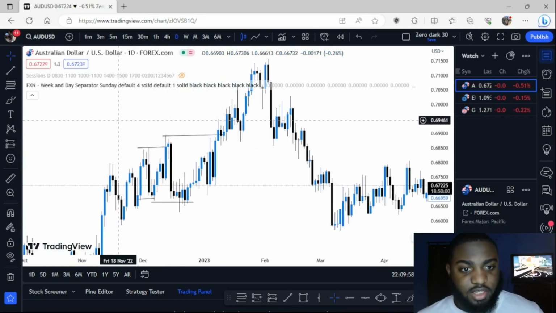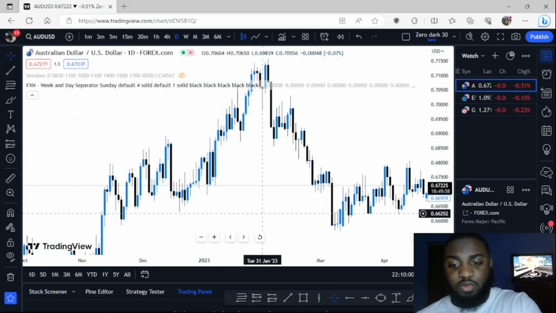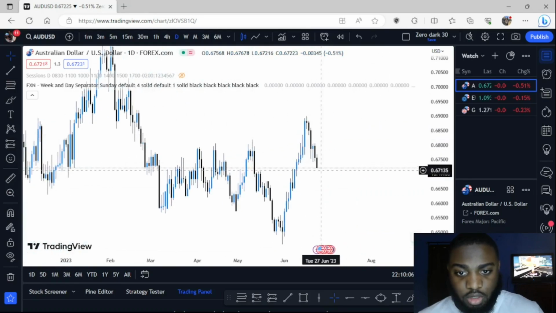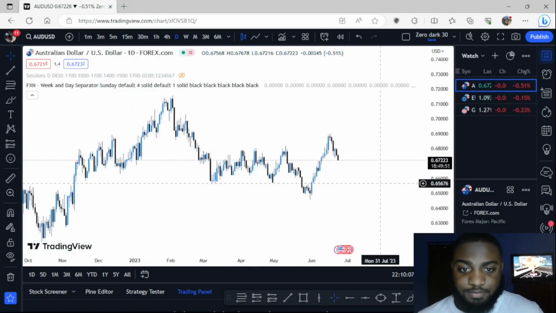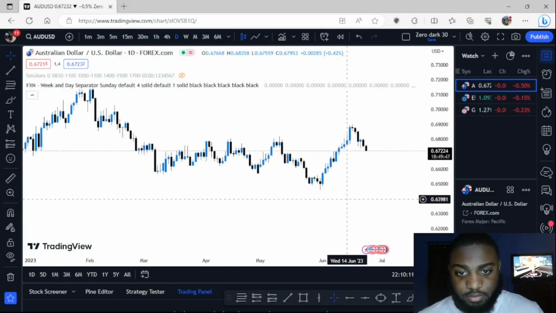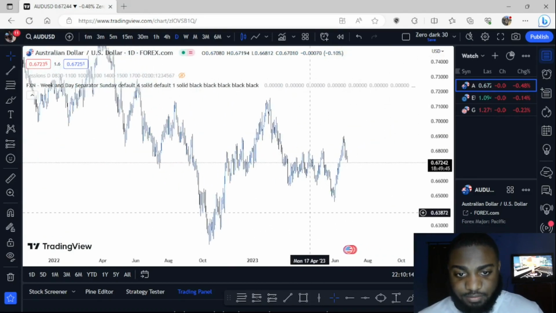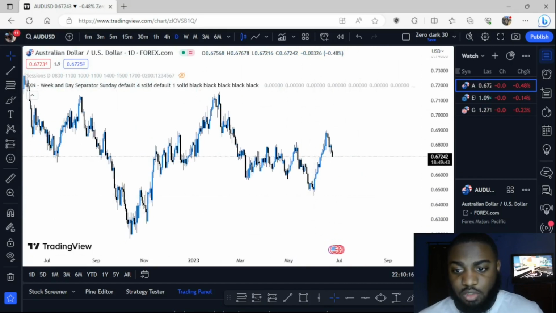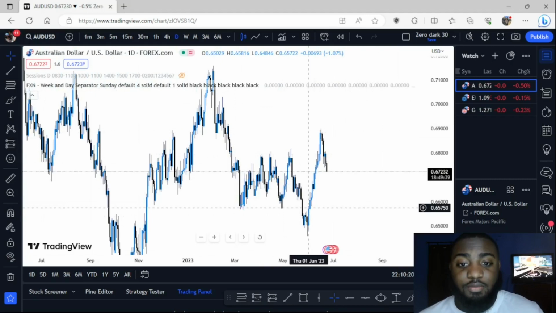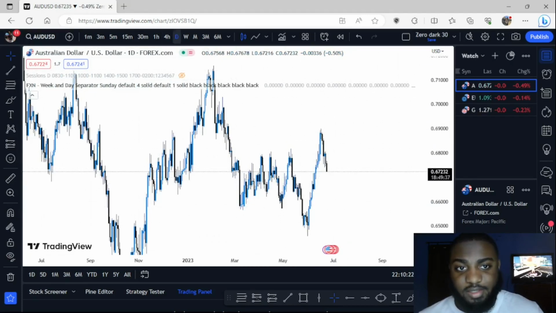Now, I know you're probably like, okay, so how do you know which high and low I should really be paying attention to? Which highs and lows are really important? So when you have an analysis, like let's take this chart for example, you need to know where the liquidity resides. So basically, we're on a higher time frame chart. We're on a daily.